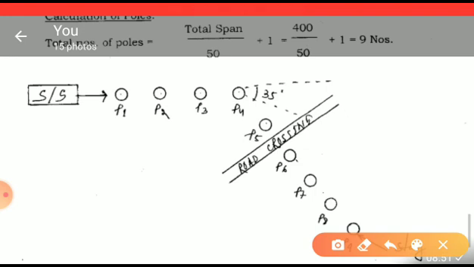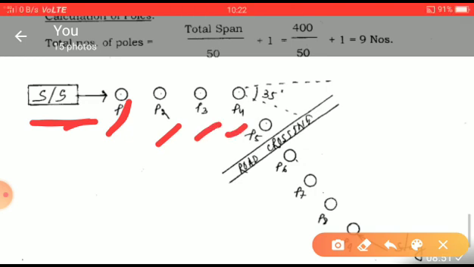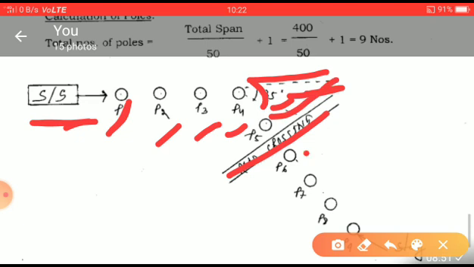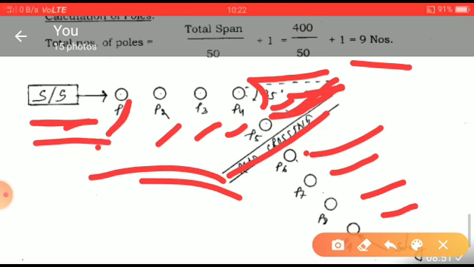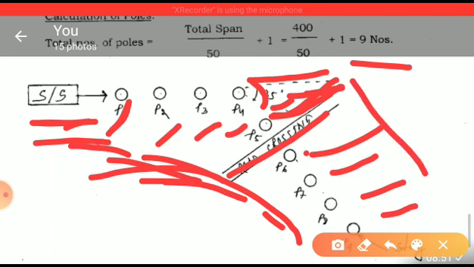So see here, this is the first pole, and we have given a stay here, then the second pole, third pole, fourth pole. At the fourth pole the angle of deviation is 35 degrees, so the line is deviated 35 degrees and comes to the fifth pole, and there is a road crossing between the fourth and the fifth pole, then the sixth, seventh, eighth, ninth. So the total number of poles we get is 9. This is the pictorial representation of the poles in the LT system.